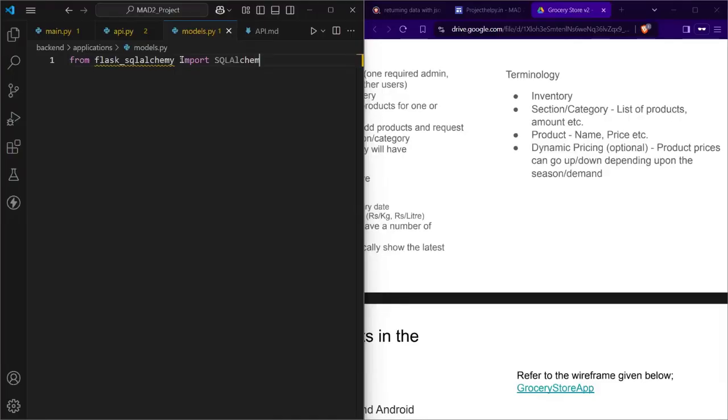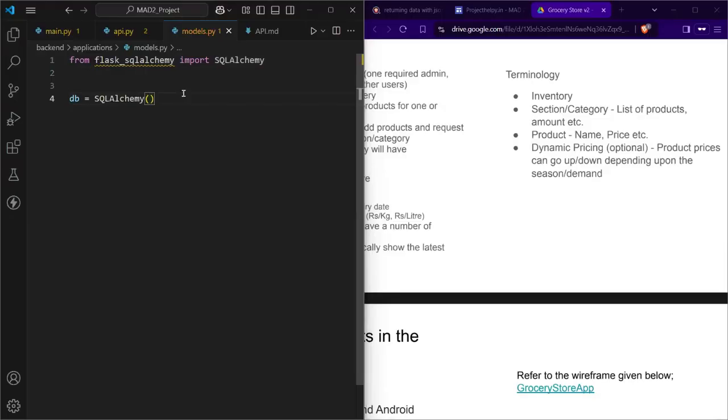Yep, this is correct, right? Yeah, correct. And now we will create our DB instance. Again, this is a variable name. You can name it whatever you want, but I will write db, and then we will create the instance. And how do we create the instance? We just do a